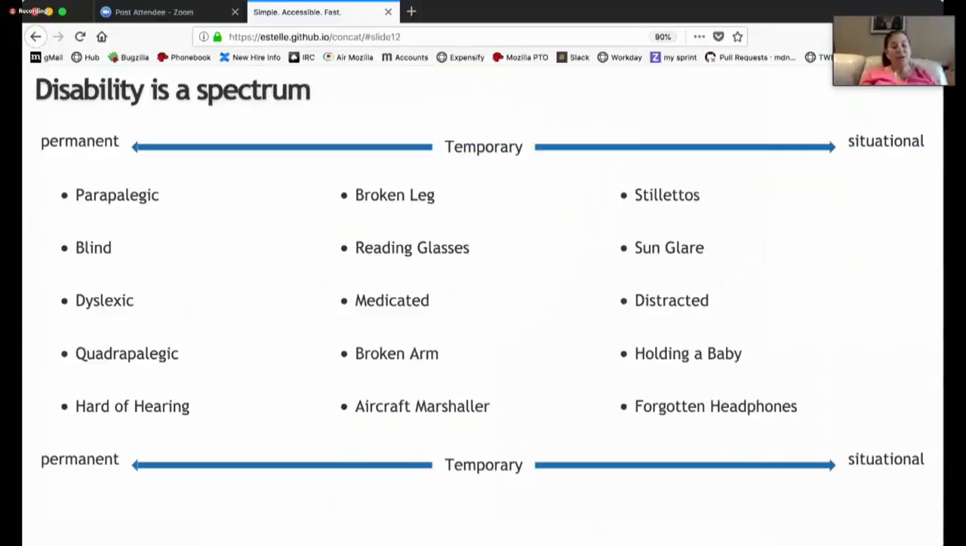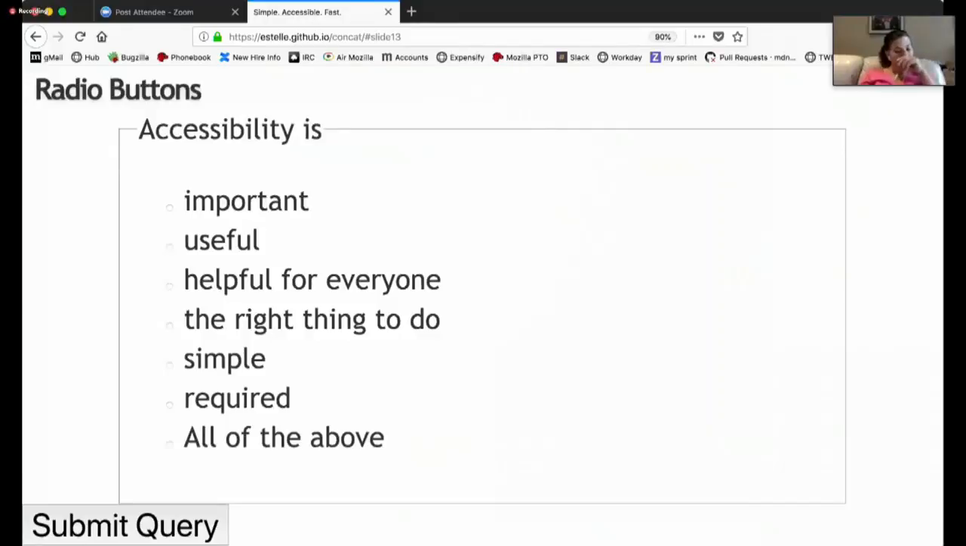So as Ari pointed out very well, disability is a spectrum from a permanent disability to situational, with sometimes temporary, when you're sick or when you broke an arm or something like that. So when we are fixing the websites and thinking about permanent disabilities, we're really also fixing it for situational and temporary disabilities. So back to the radio button